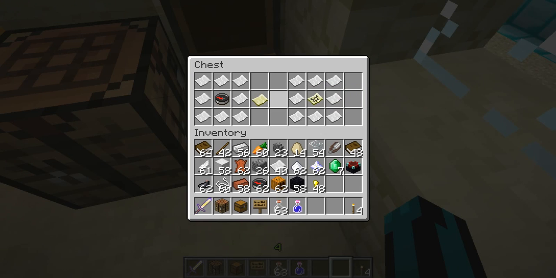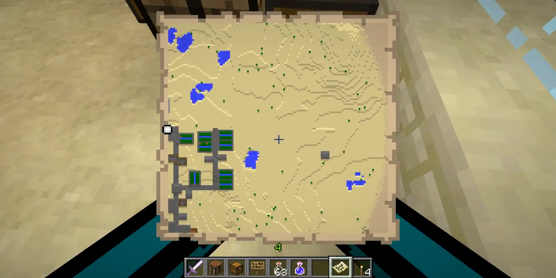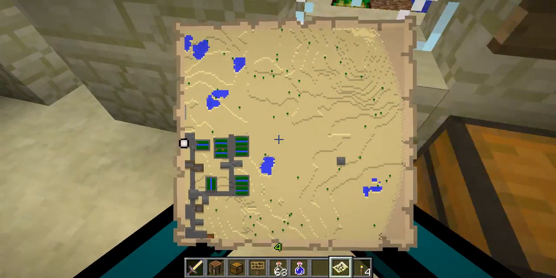Maps. Maps are quite useful in general. The way they're set up now is weird. I'll take this, and I have paper already. This is how you make a blank empty map. If you just right-click with an empty map, it creates a new map. But this is how they're set up, and I'm not sure...